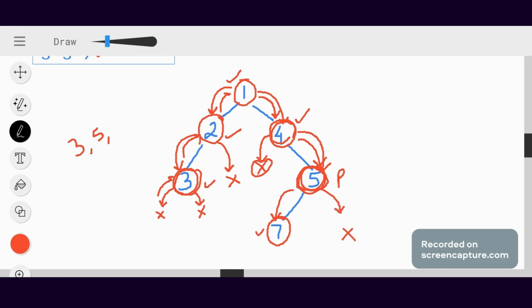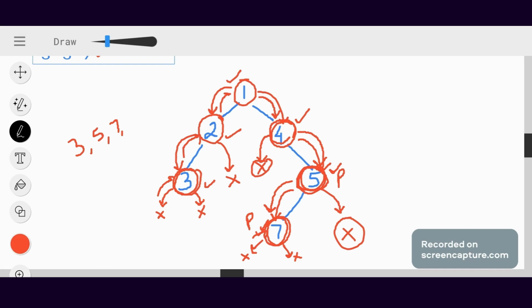What does that mean? That means this parent also has a single child node. So if my left child node is present and my right child node is not present, then what to print? We will print this left child node. Now move to the left side. Now my parent becomes 7. Do we have a left child node? No, we don't. Do we have a right child node? No, we don't. So it will return.